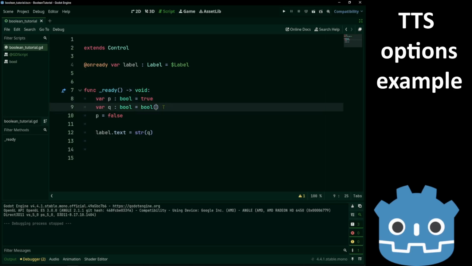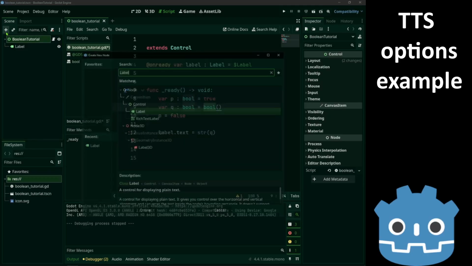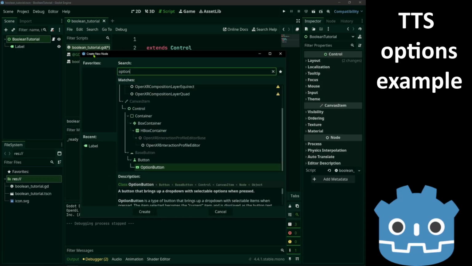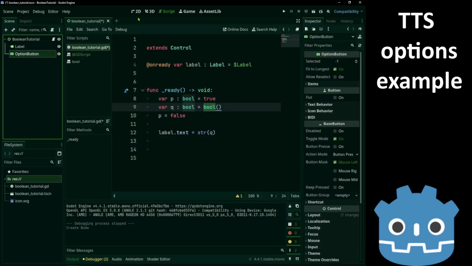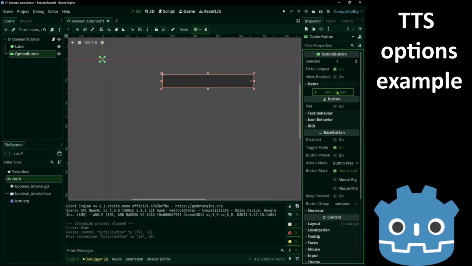Let's see an example of how we can use the last constructor. Add option button. Now I'll add a few options.